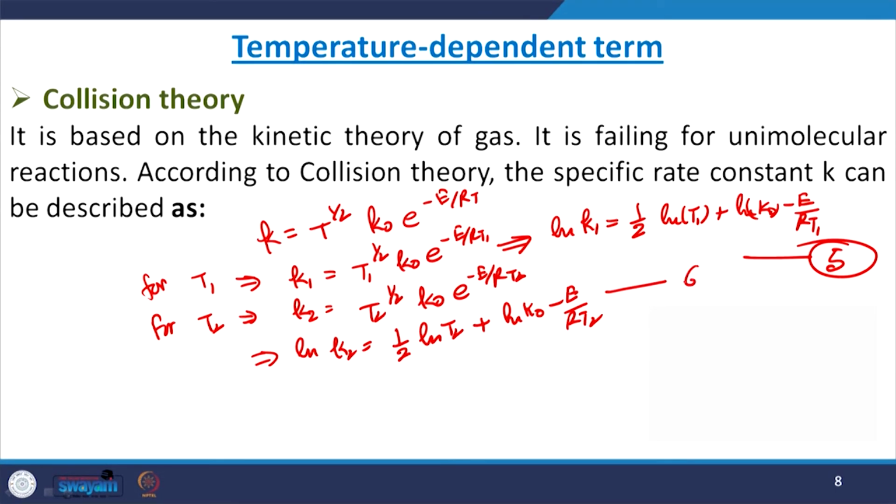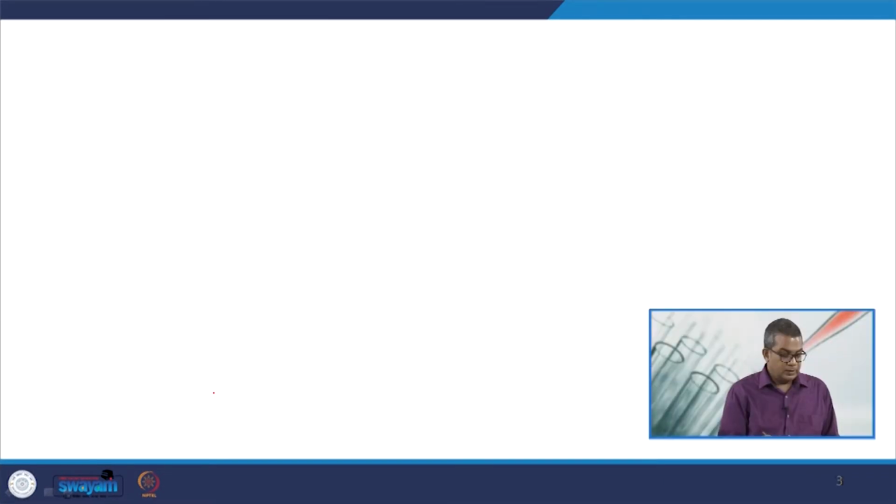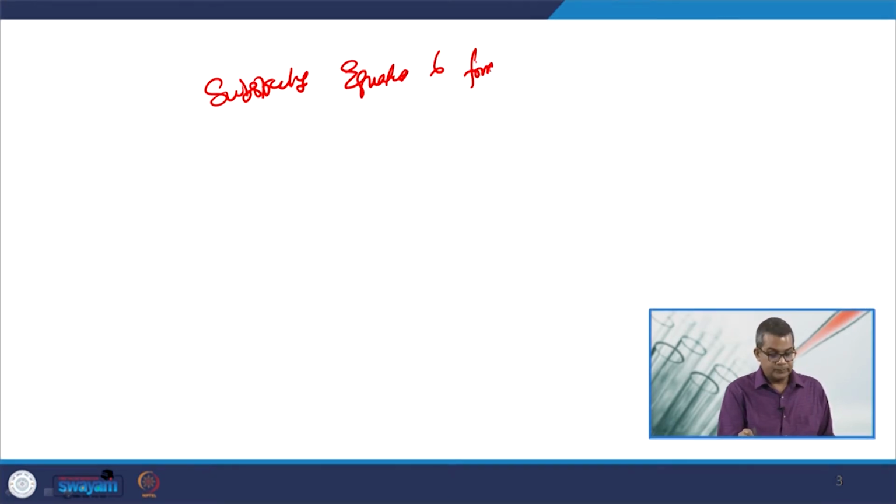This is equation number 6. Now, upon subtracting equation 6 from equation number 5, we have